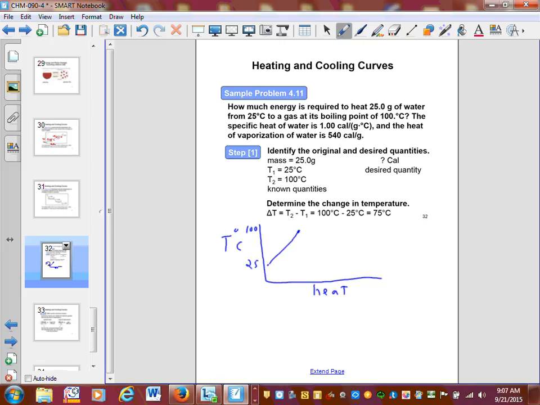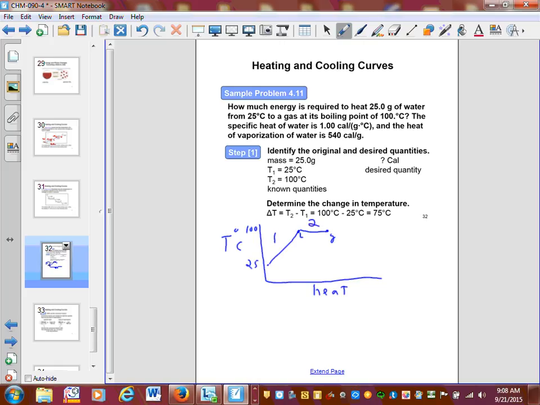Oh yeah, I did. We're heating it to a gas, so we're going to go to the gas part, because here we're still liquid. So how many steps do I have? How many lines do I have? 2. Step 1, step 2. Step 1, I'm heating it